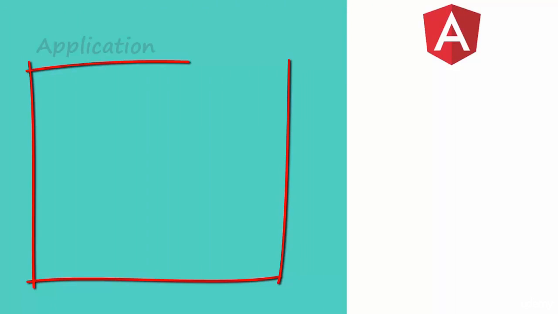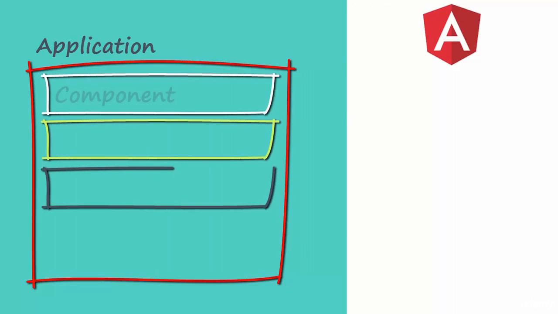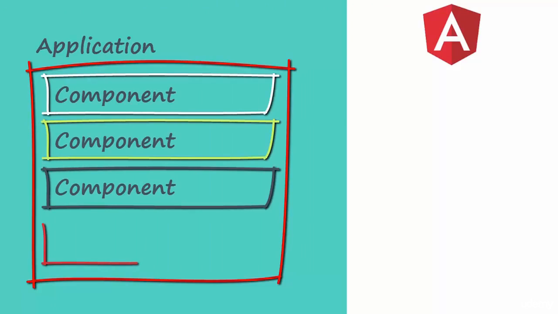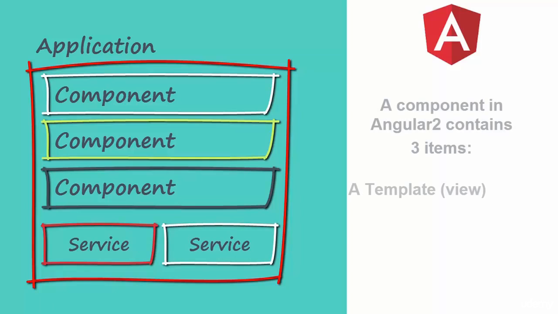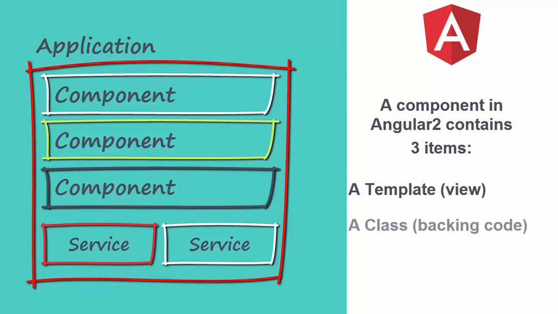Let's look at the structure of an Angular 2 application. An Angular 2 application is composed with a set of components and is usually backed by services that tie those components together. What is an Angular 2 component? A component in Angular 2 is a set of files that work together. One file is a template which contains the HTML for the user interface fragment and creates a view in the